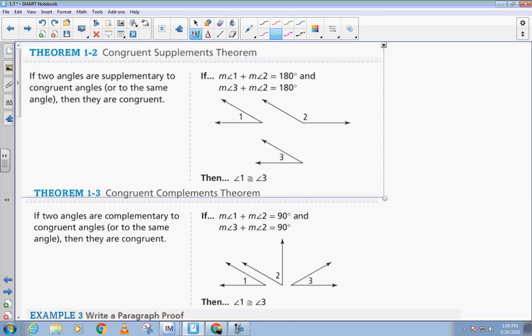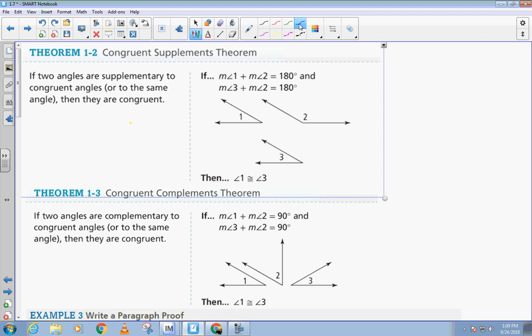Okay. Now, a couple of other theorems. We have the congruent supplements theorem, and we have the congruent complements theorem. And just FYI, today we're going to work on this assignment tomorrow, too. So it's going to take most of the hour for me to finish this, but we will have time tomorrow in class to work it all out. Okay. So the congruent supplements theorem says if two angles are supplementary to congruent angles or to the same angle, then